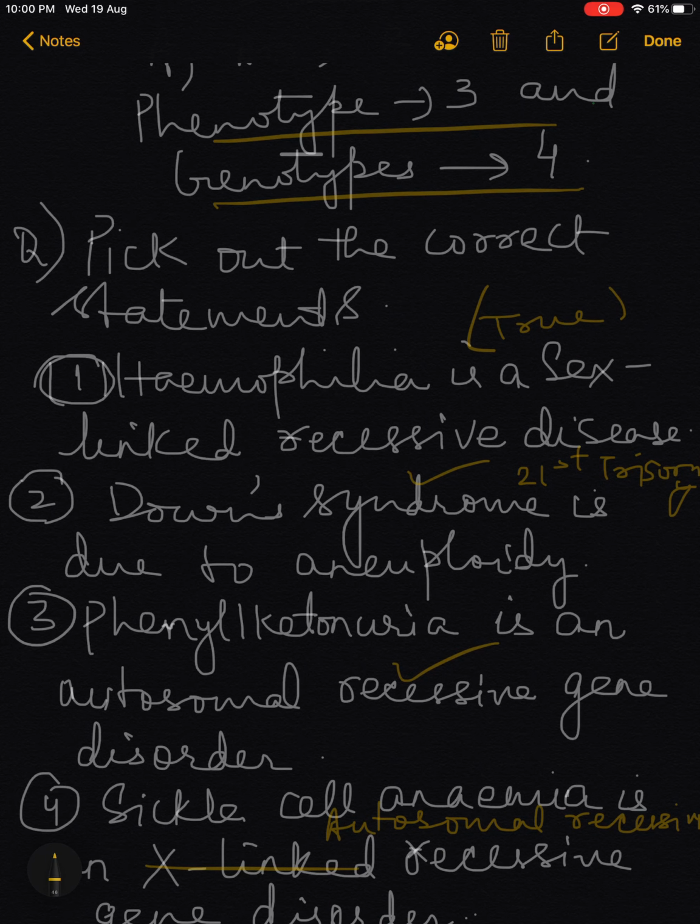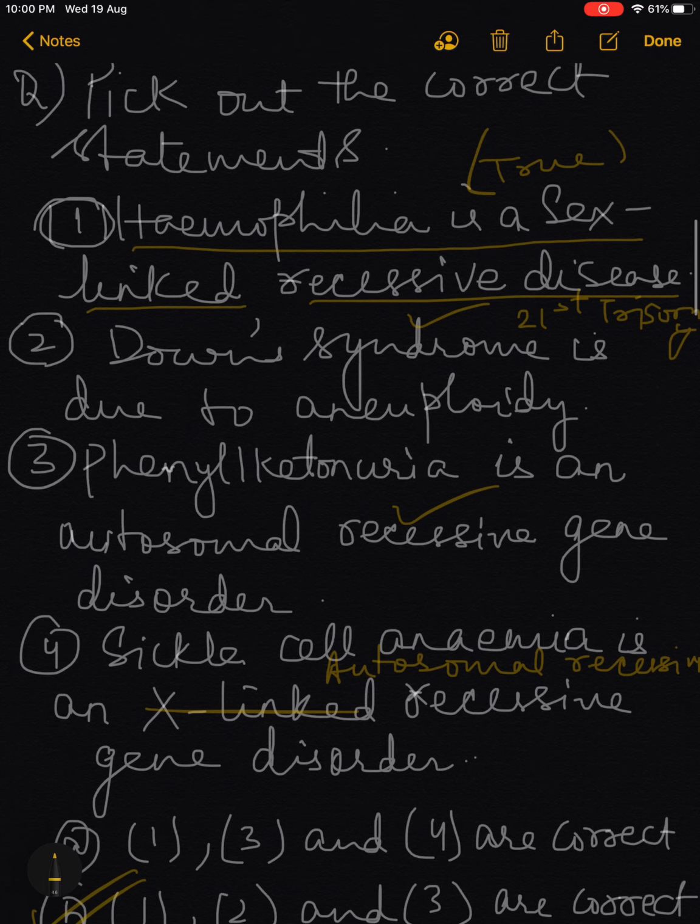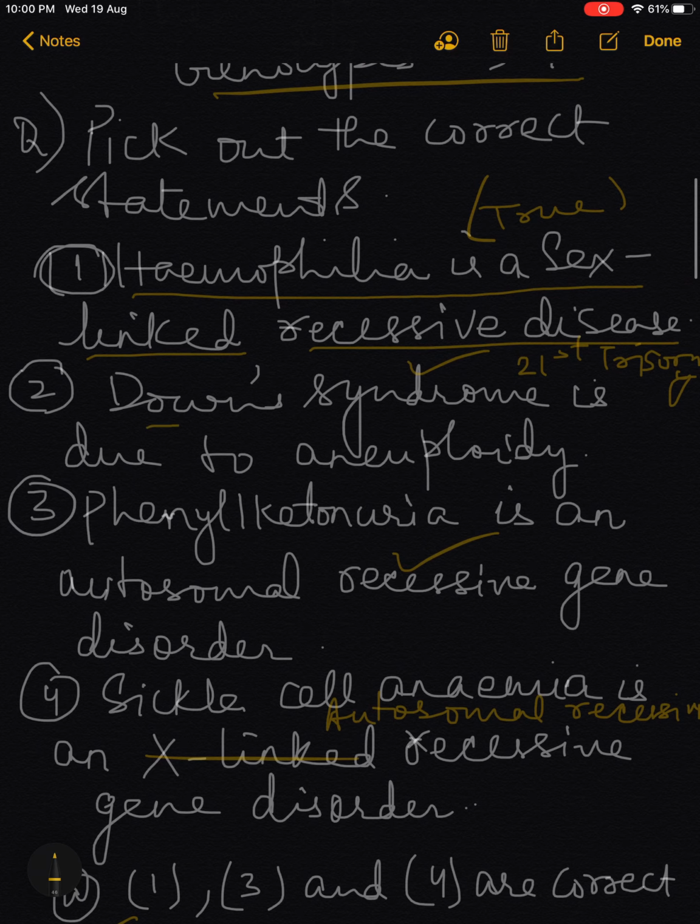Here the question is, pick out the correct statement. Now, children, what are the statements? Hemophilia is a sex-linked recessive disorder. Second statement is, Down syndrome is due to aneuploidy.